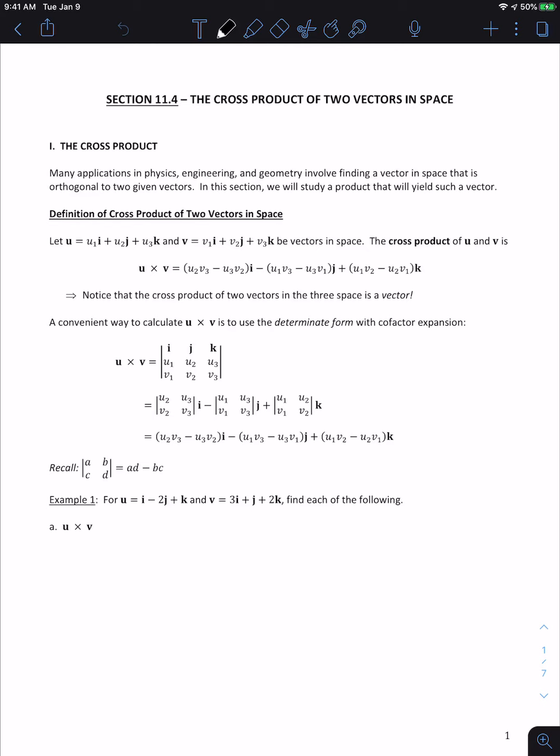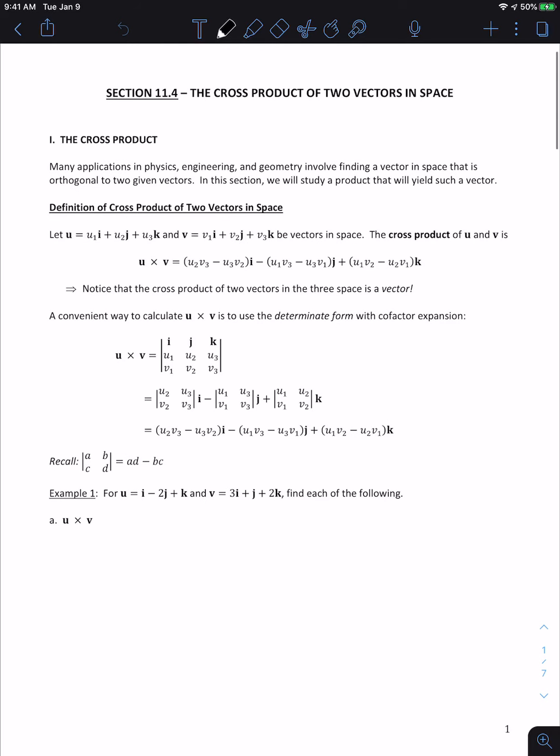Okay, so the definition of a cross product of two vectors in space. Let U be this ijk and V be this ijk, be vectors in space. Then the cross product of U and V is this big, long, awkward formula. If you're able to remember that, then I will be very impressed. I am not. So, the convenient way to calculate the cross product is to use the determinant form with cofactor expansion. So in other words, what we do here in order to find the cross product is we say, okay,